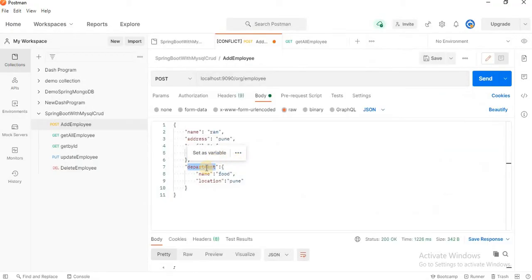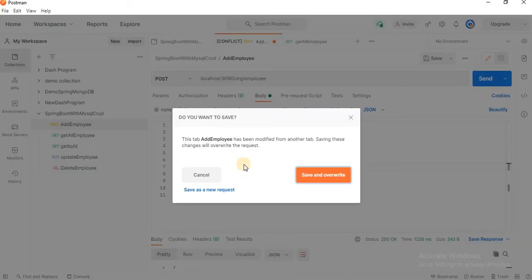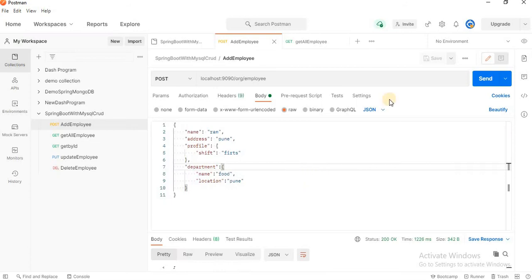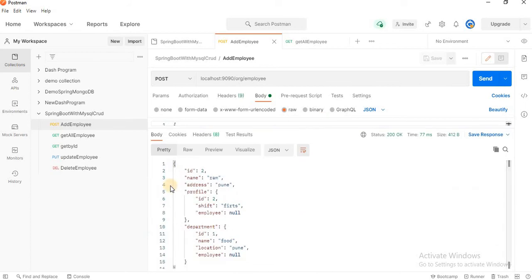It should be correct. Let's save and override and hit the send button. You can see in the output we have ID, name, address. In the profile, ID, shift. In the department, ID, name food, and location, employee.